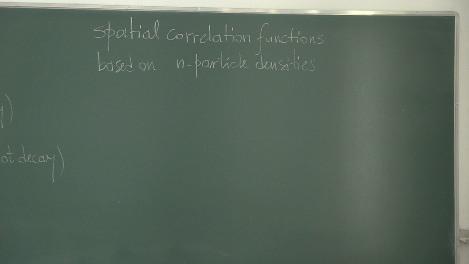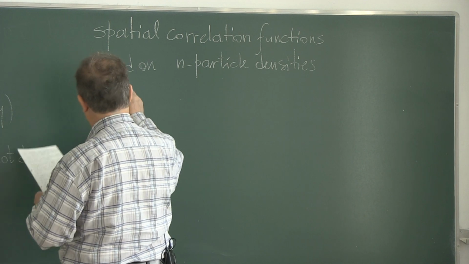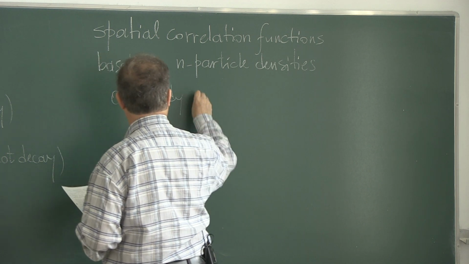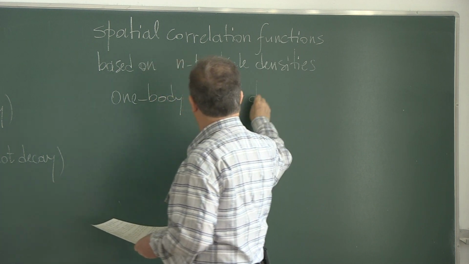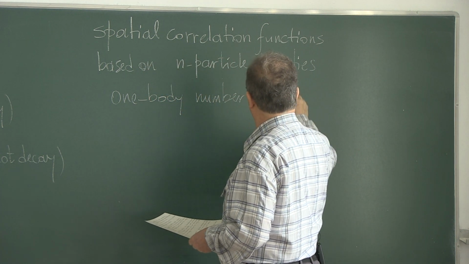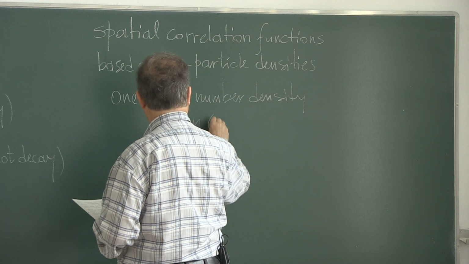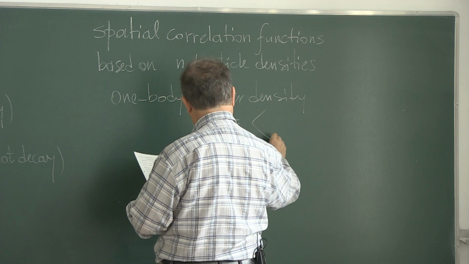One particle number density, or one body number density, can be written as N1(R), and it is defined as